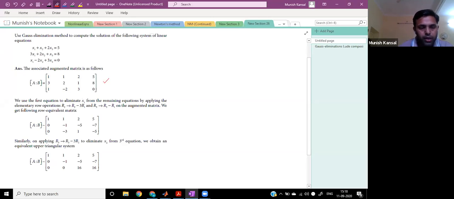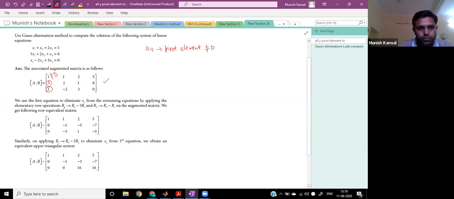Now what is the first step? First step says that we want to convert the matrix into an upper triangular one. So what we do, we have to make these entries zero, right? This I have to make zero, this I have to make zero with the help of row operations. You have to keep in mind that we will apply row operations to make these entries zero, right? Now, this is row 2. The condition is that the first entry should be non-zero. A11, that is the pivot element, right? So this should be non-zero. This is the condition of Gauss elimination.